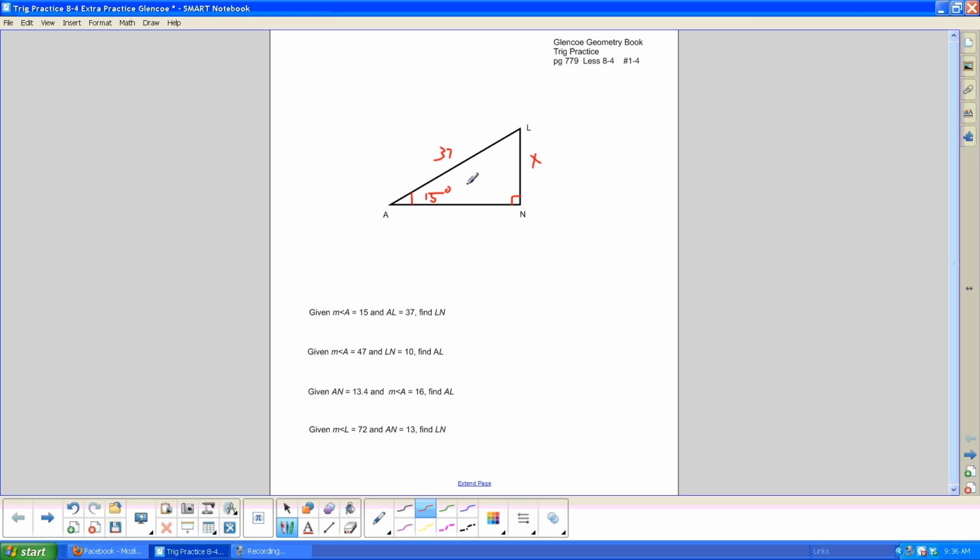What we have to first notice is that X is the opposite leg when using 15 degrees. And the 37, since it's across from the 90-degree angle, anything that's across is always the hypotenuse, so we'll call that H. So I have O and H. Using SOH CAH TOA,